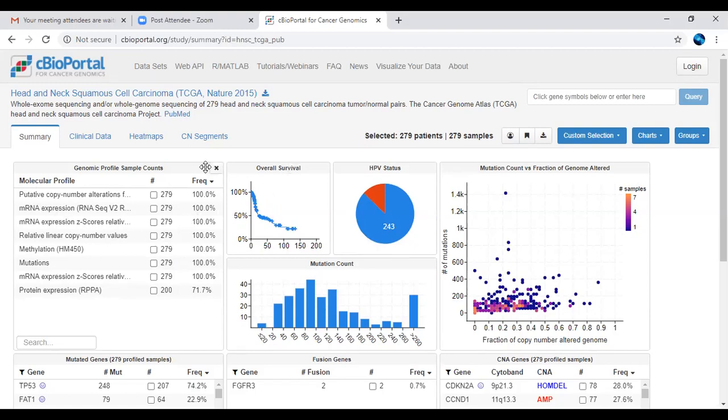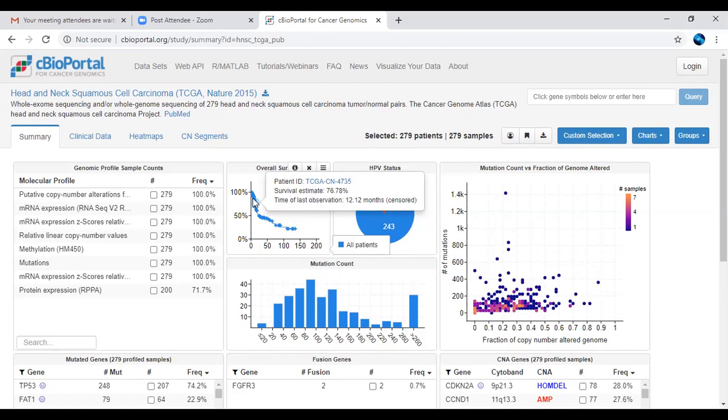Next, here you will get the overall survival data for these 279 patients. Likewise, what we have seen in the GDC portal, it shows the patient ID and the estimated survival in the form of percentage, and the plot is defined based on months.